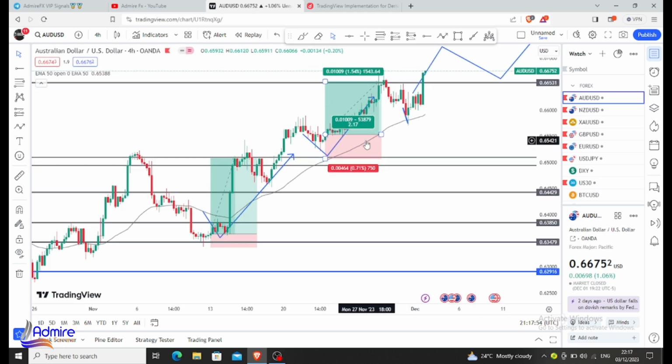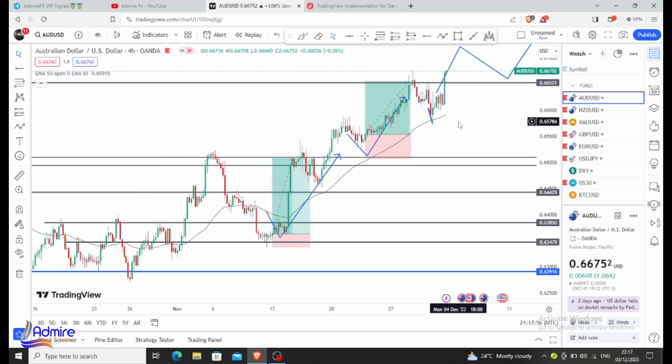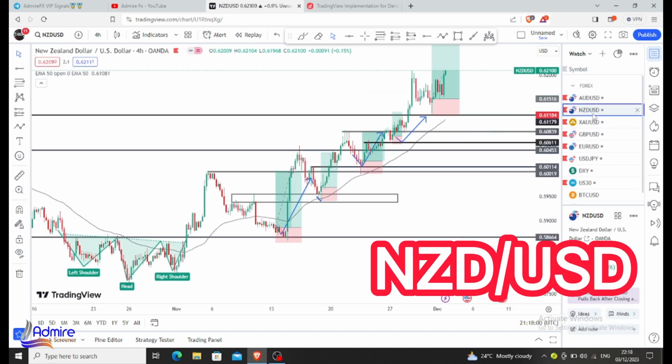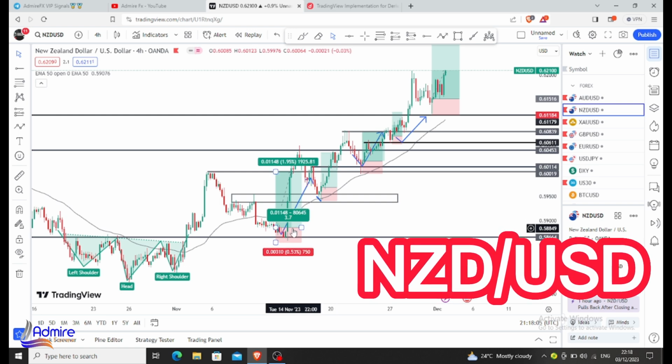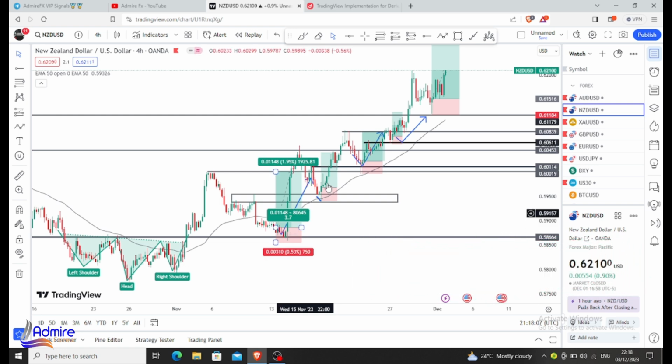All right, so that's it for AUD USD. Up next is NZD USD. You guys can see how we have been buying AUD USD, trading the buys, 1 2 3 4 5. Okay, this is not capping. You guys can see how we predicted all these trades to precision. If you watch our markets weekly forecast from 5 weeks back, 6 weeks back, you are going to see when we predicted all these entries before it even happened.